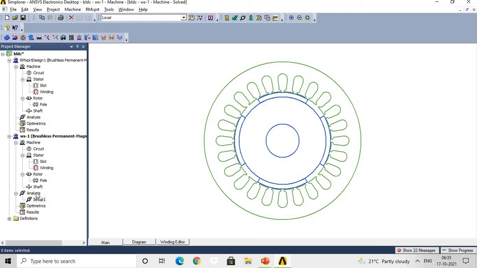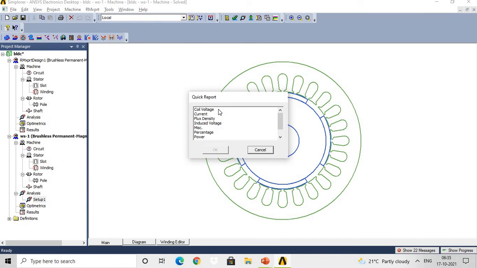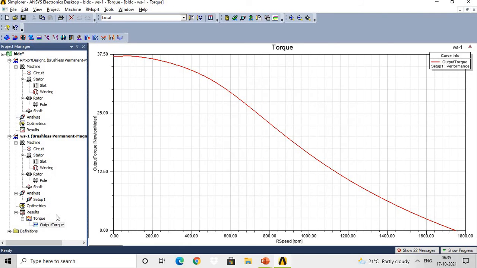Then apart from that, if you right click on the setup, there is an option to create a quick report. So under the quick report also you can go through the different reports. What is the meaning of this option? Suppose for design purposes, you have already designed the motor, but you want to stick to particular parameters like the torque of the motor. If you are interested in checking the torque of the motor, you can go through the quick report, directly click on torque and press the OK button, so that